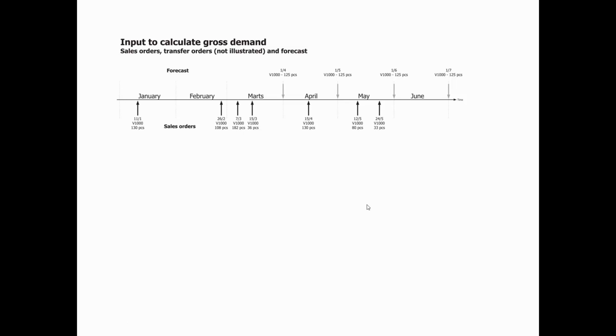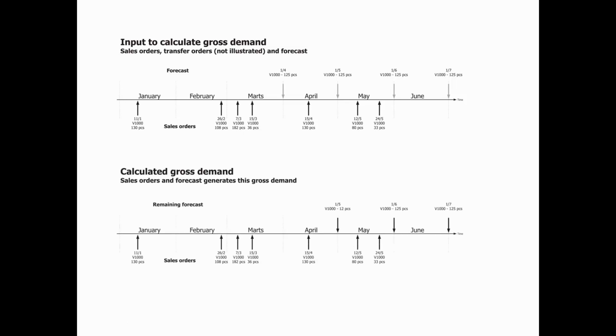Now what the MRP planning does is actually this. It looks into each period, saying there's a forecast period from 1st of April till 30th of April. In that period, there are sales orders of a total of 130, meaning more than the forecast. Therefore, the forecast entry below here will be deleted or not taken into account. The entry is still there, it's just not used in the planning.